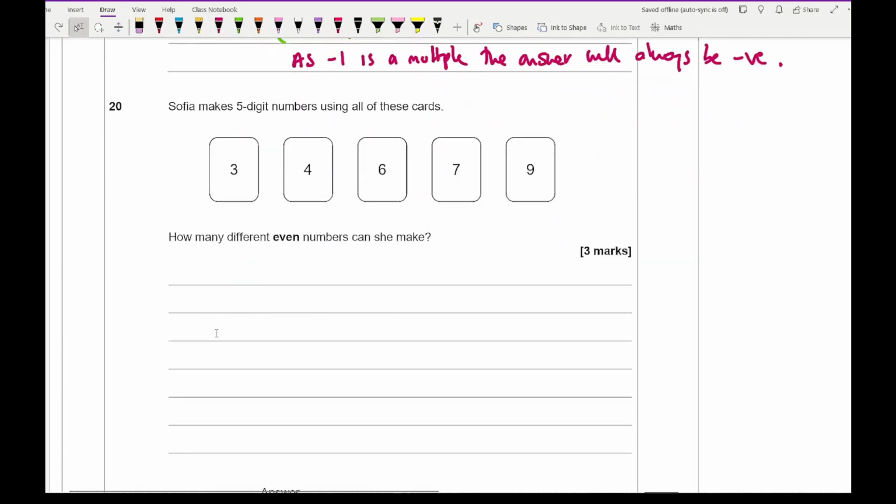Moving on to question 20, it says Sophia makes 5-digit numbers using all of these cards. How many different even numbers can she make? Well, in order for it to be an even number, it needs to end in a 4 or a 6. Now, to end in a 4,